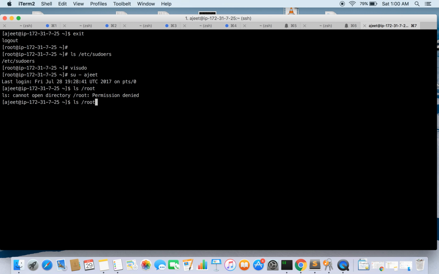It is saying permission denied. Now let's try to do sudo ls, asking for password. Here, after giving the password, it doesn't give me any error and the command runs successfully. This means now I can run all the commands after giving my password. But there could be a case where I don't want to be prompted for